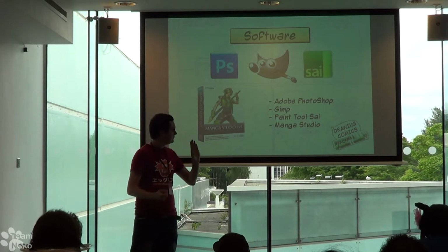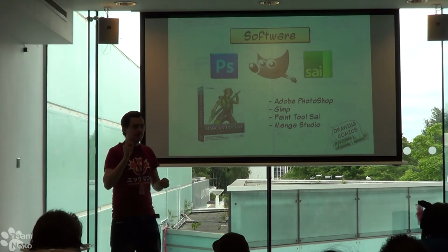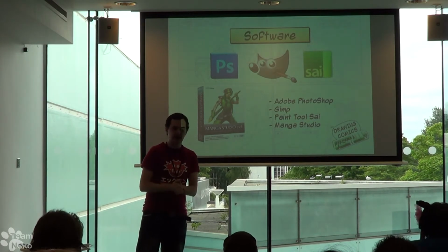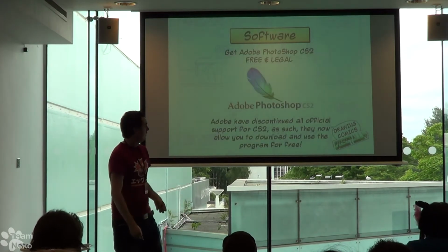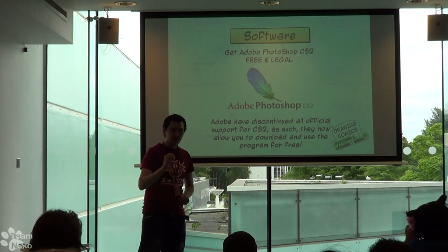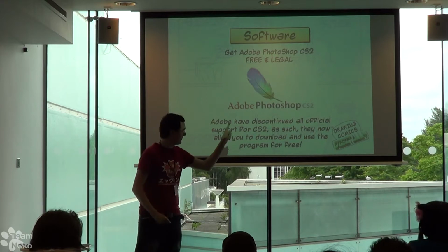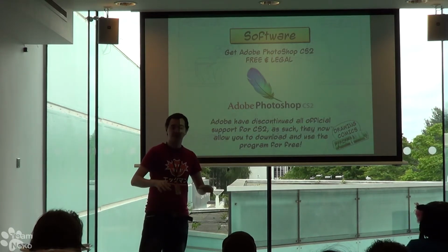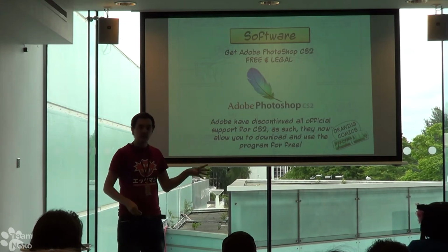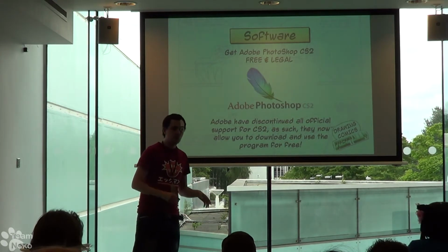So, myself, I go with Photoshop. If anyone's worried about the costs, don't be, because there is now a really fantastic thing that Adobe have done. You can get Photoshop free and legal from Adobe Direct. The reason is that CS2, which is absolutely fine for what we want to do with drawing comics, is now on the Adobe website for free, where they don't...